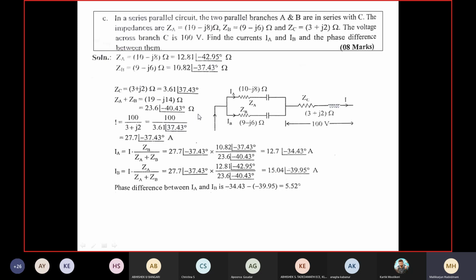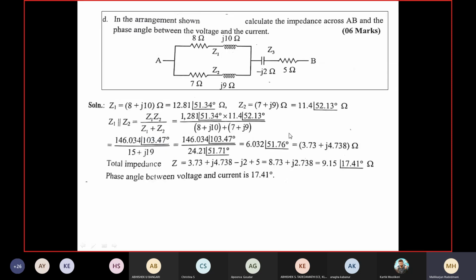This will be the current's angle, or it is indirectly available in the impedance complex representation. For me, in this case, I don't have the voltage, correct? Voltage is not given. Current is not given. Then what do I know? Impedance I know. If I take current as V divided by Z, does Z not reflect this angle in the numerator? Hence, this is the angle of the power factor. We have to understand this carefully.